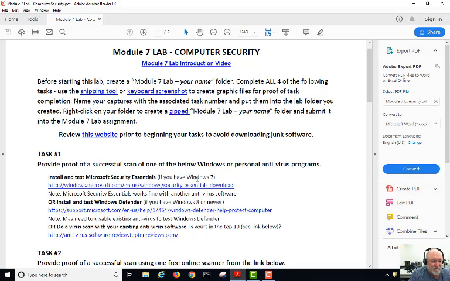In the first task, you're going to be using either Microsoft Security Essentials if you have a Windows 7 machine, or Windows Defender, which comes with any Windows 8 or newer. You also may have your own antivirus software that you can use for this task. In this example, I'm just going to click on Symantec Endpoint Protection, which is already part of my